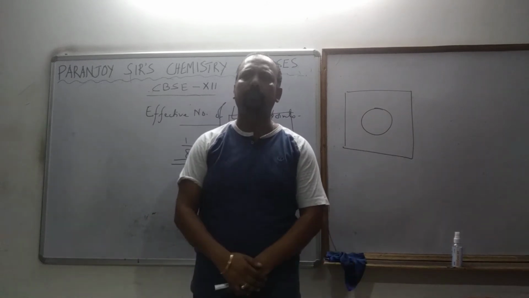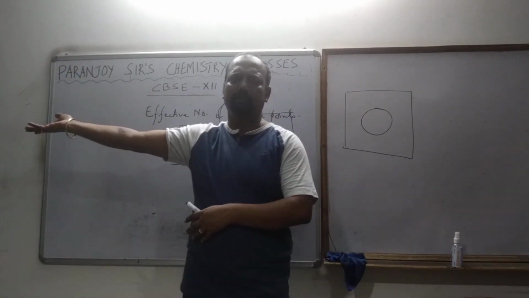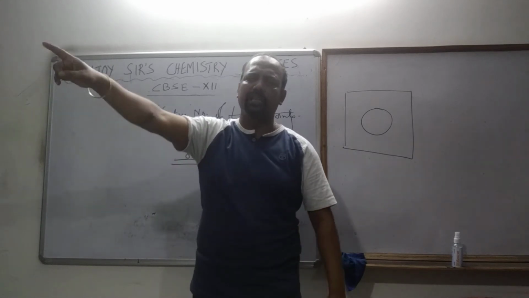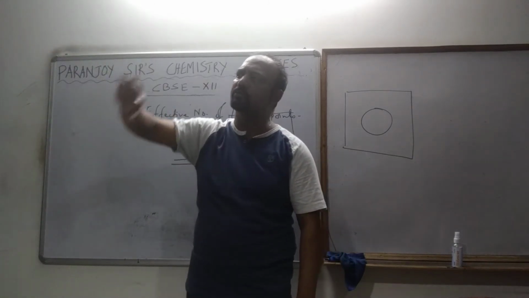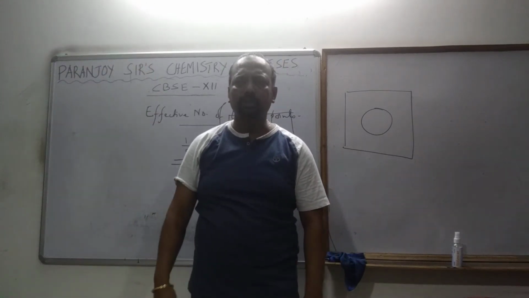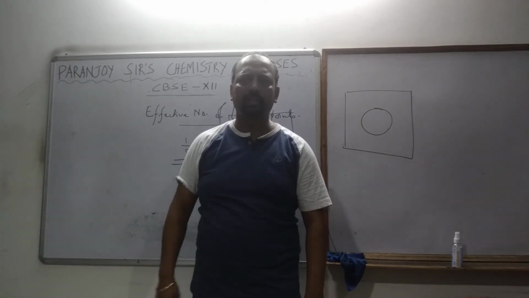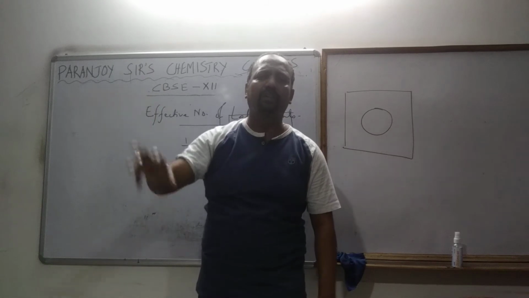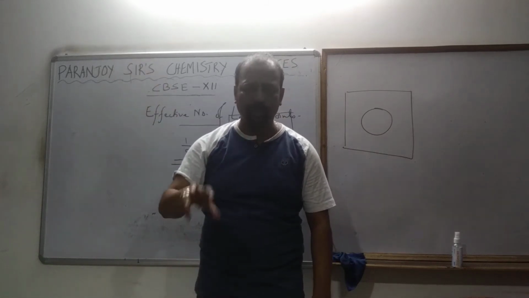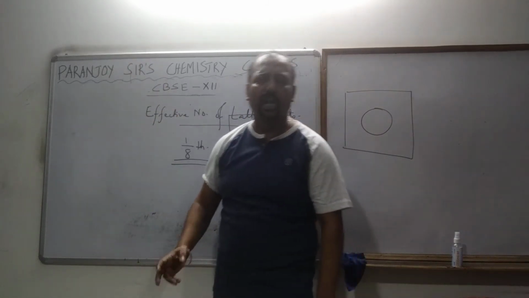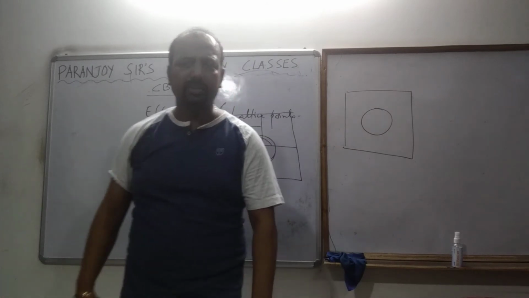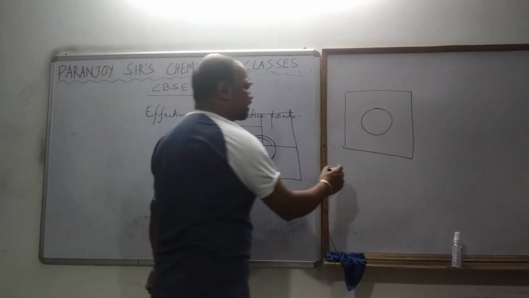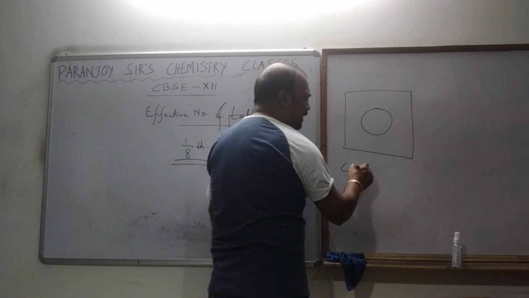Yes, it's between two rooms only, this room and that room. Nothing else. Suppose it's in this wall, it means half is in this room and half is in the other room. So it is divided between two rooms only. So how much of that sphere are we effectively getting? We are getting only half of it.